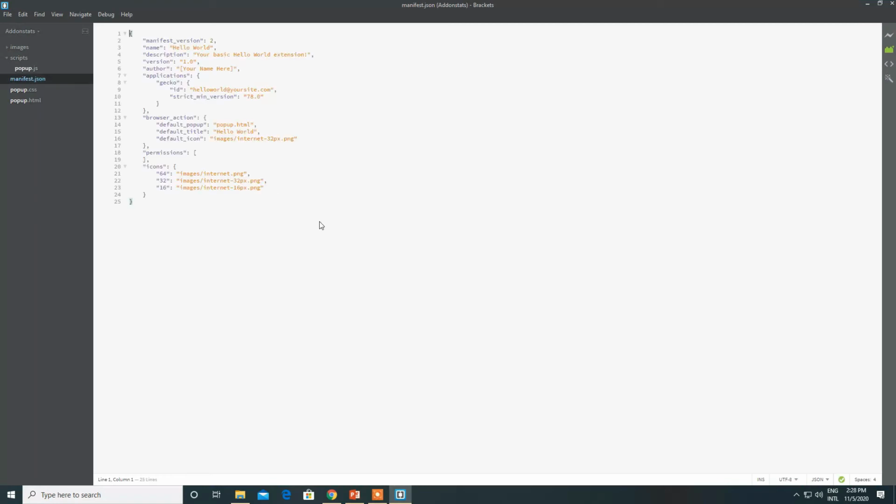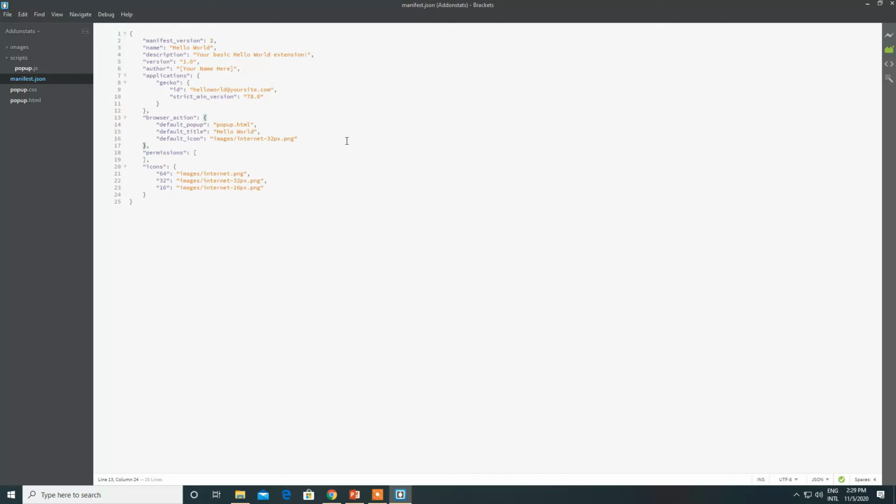So as I told you, in the manifest.json, we will give the name of this particular add-on, hello world, a description about that particular add-on, and the version, author, your name. I can give my name as the author name, application ID, hello world. What is the minimum version? Okay, currently 78 is the latest version of Thunderbird, so I'm giving that as the minimum version. But if you want to give a slightly lower version, make sure that your add-on works with that version and then give that number.